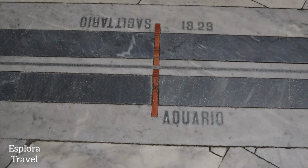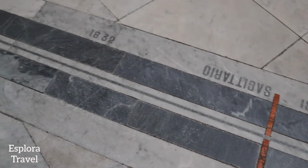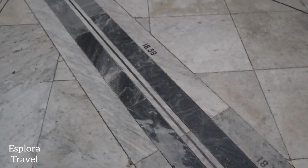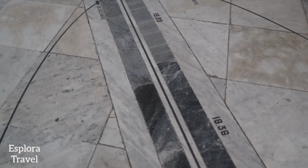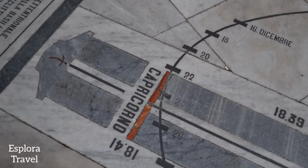Here we are, notice we're in Aquarius, the month of February. Whereas in December and January, with the sun lower in the sky, the light will fall further towards this end. Here, you see, we have Capricorn,